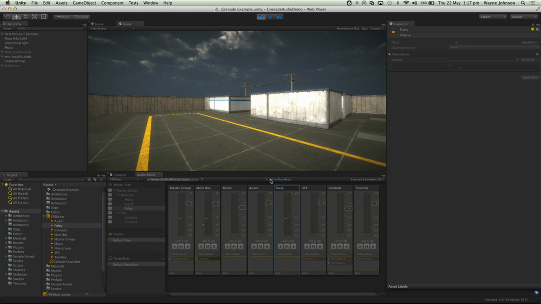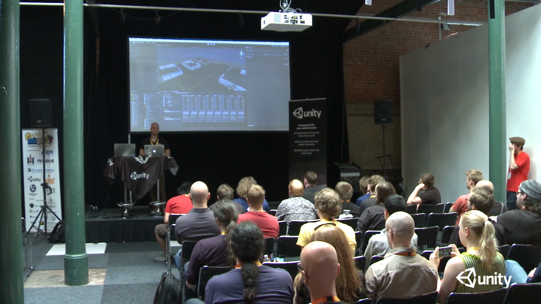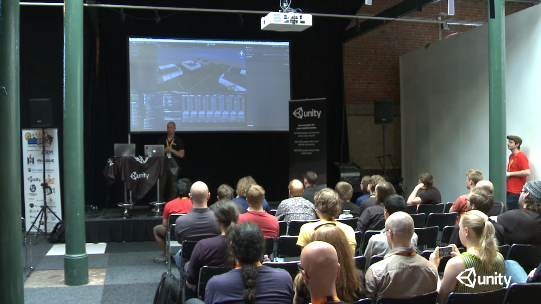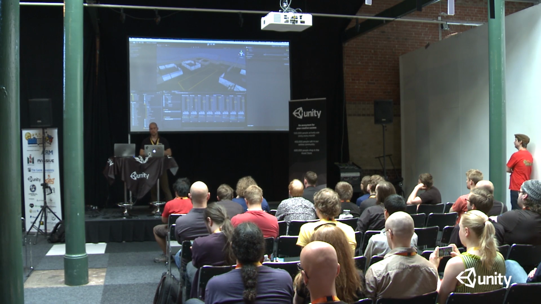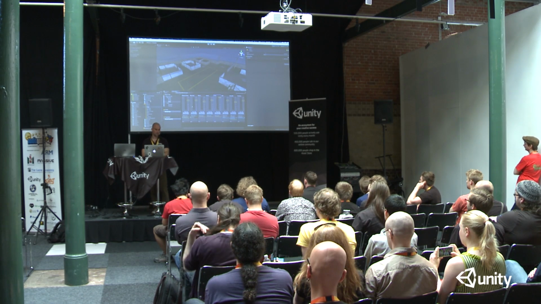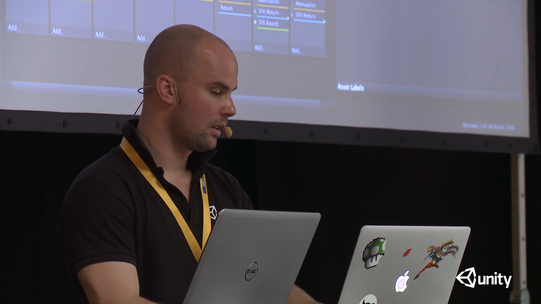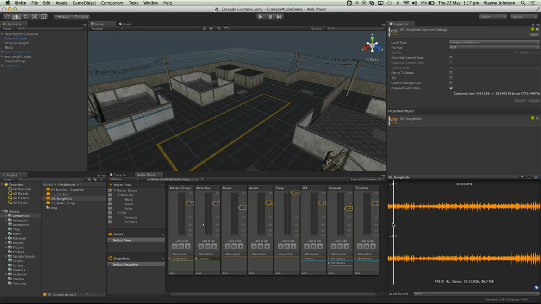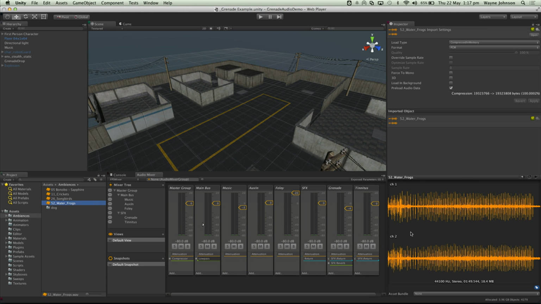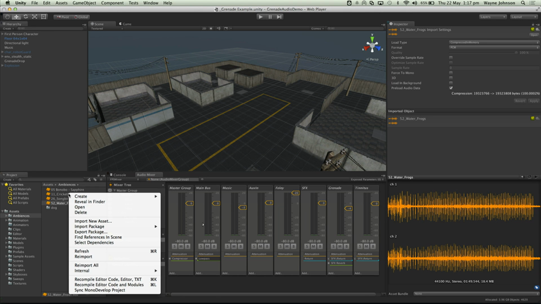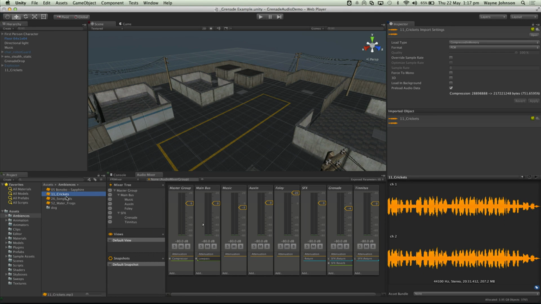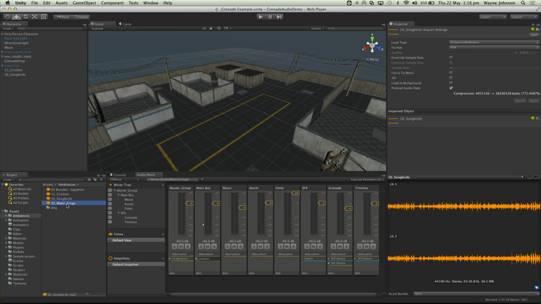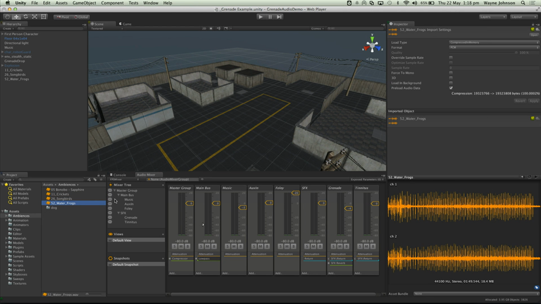And what we want to do actually is create some ambience feel to this level. So I've got a bunch of cricket sounds and songbirds and frogs and stuff like that, and I want to create a mix of these. So as a quick example, I can just drag these into the scene,